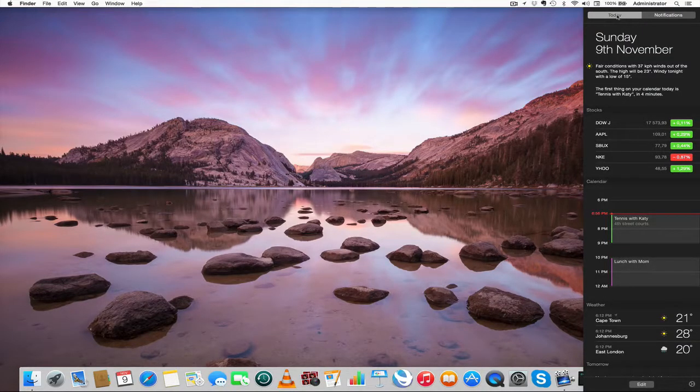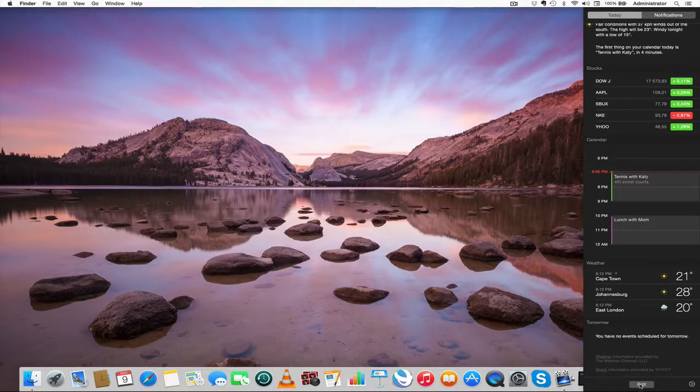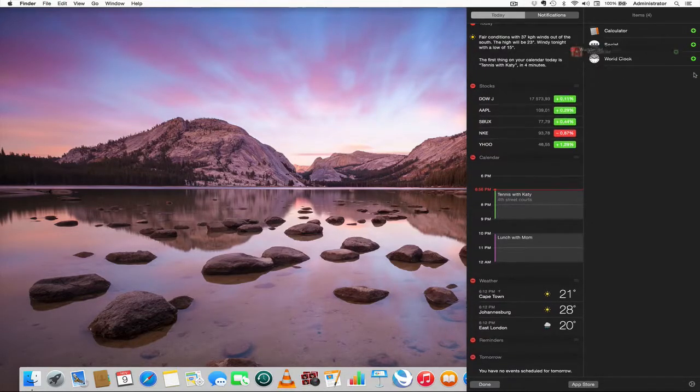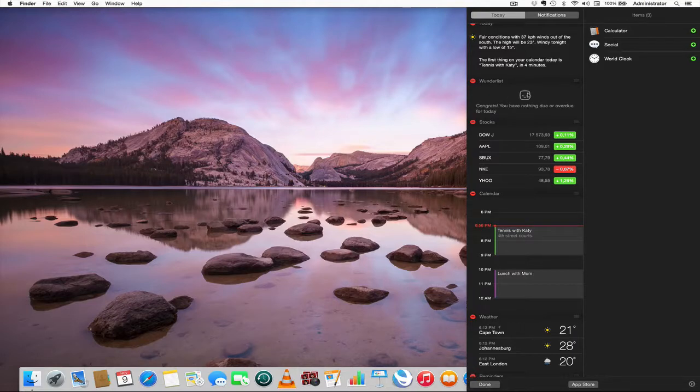Now Today view will show us everything that is happening currently or today, and we can also add in additional applications under our edit button. We will see that Wunderlist is available for the Today view, and once I click on it, it will add that option into my Today view. As more third-party apps become available later on within Yosemite, or within 10.10,